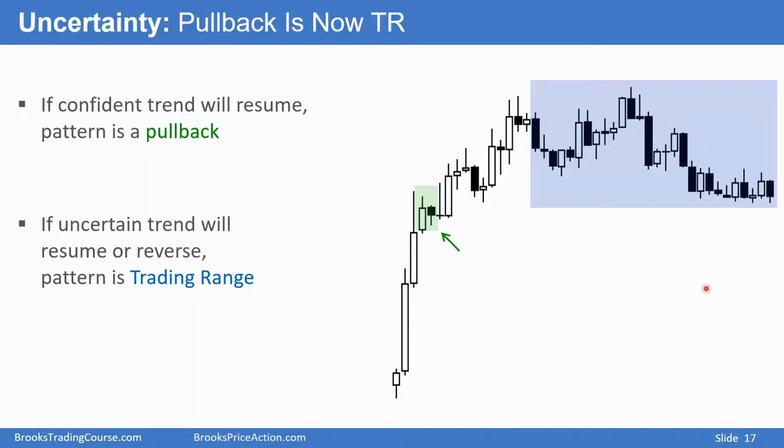At that point, I would start using the term trading range, and I look to the left to determine where the range began. Maybe it began here. Maybe it began here. Remember, every channel is usually the beginning of a trading range, even though it's still part of the trend. Trends transition. You have a strong bull breakout, and then a channel. The channel is usually a transition into a trading range. So it's part of the bull trend, but it's also part of the trading range.